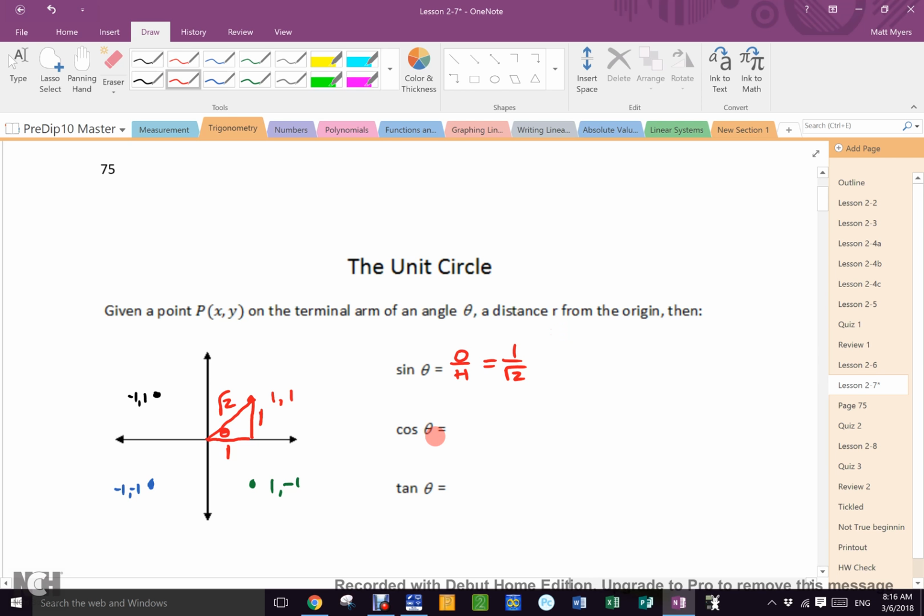What is cos theta? Adjacent over hypotenuse. And what is it in this case? Excellent. What is tan? Always opposite over adjacent. And what is it in this case? 1 over 1. Everybody cool? Easy peasy, right? SOHCAHTOA trig, yeah? Okay. Now, do the same thing with my black,